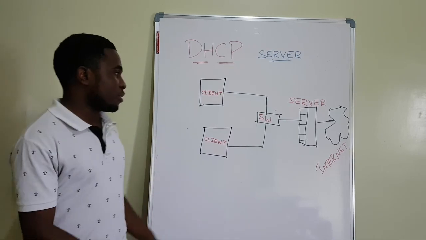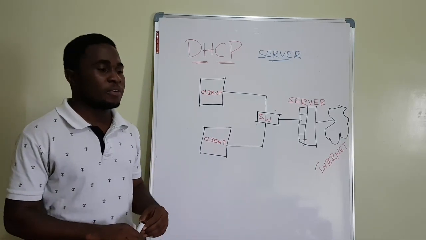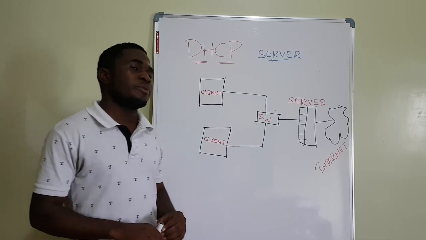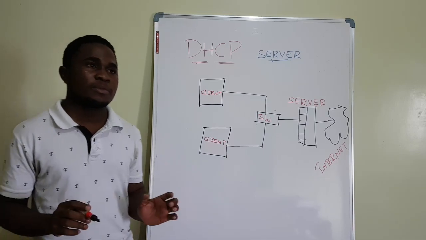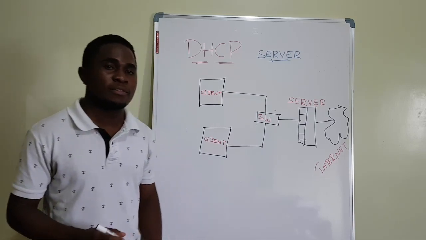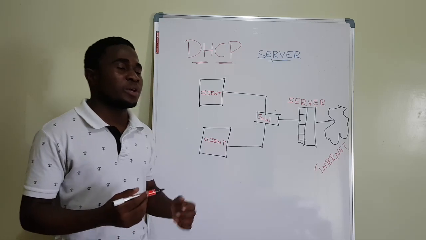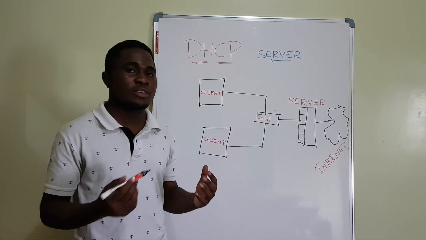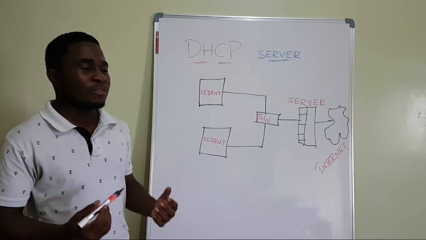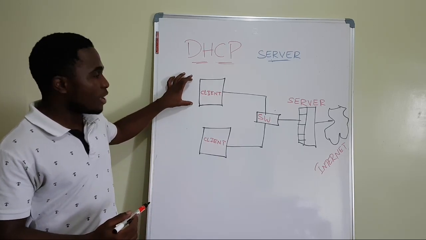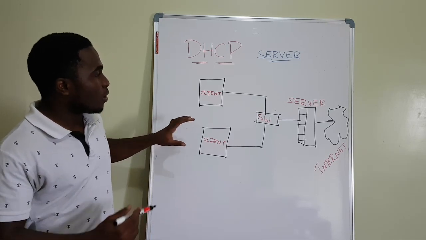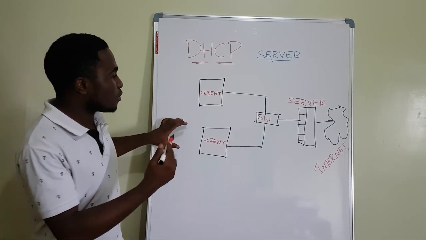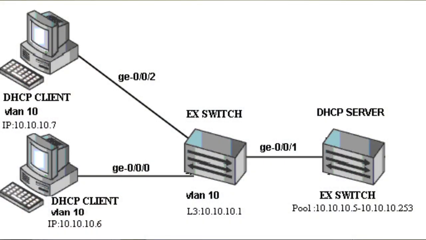Okay. After configuring the scope on the server, now we may look at the problems that are associated with the DHCP server. One of the problems associated with the DHCP server is the conflict that happens when one IP address is given to two clients. For example, this client is given an IP address which is exactly the same as the IP address of this one. Now, how does the DHCP server solve this problem? One way the DHCP server solves this problem is to check